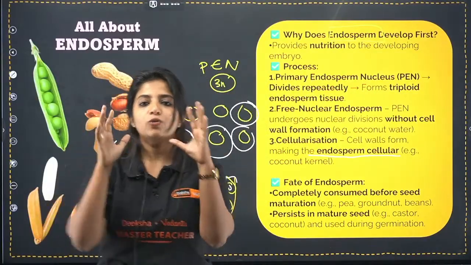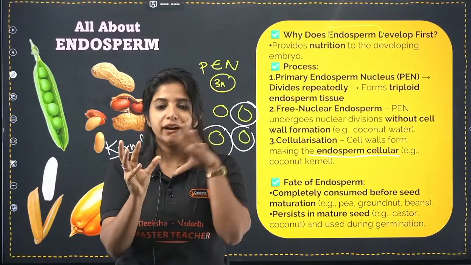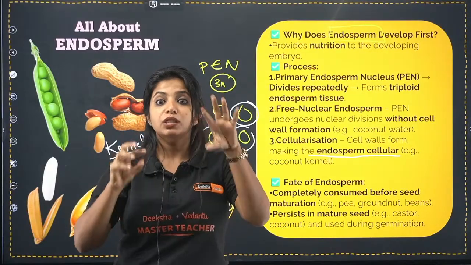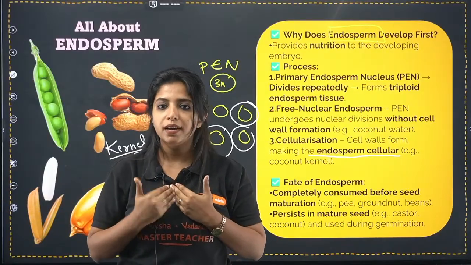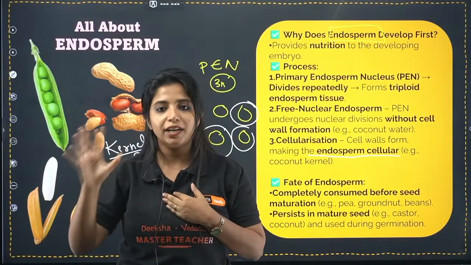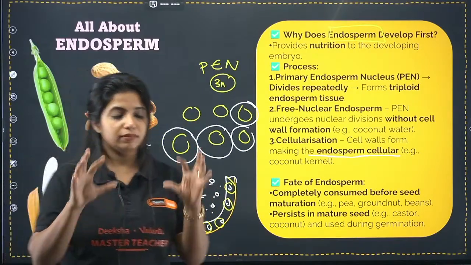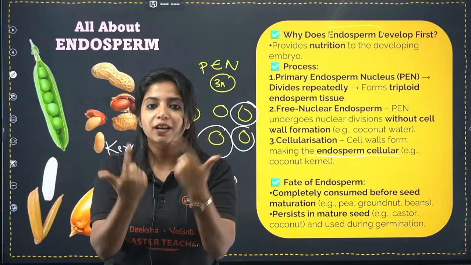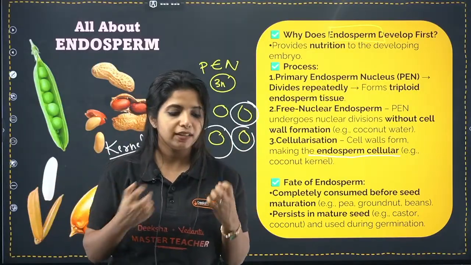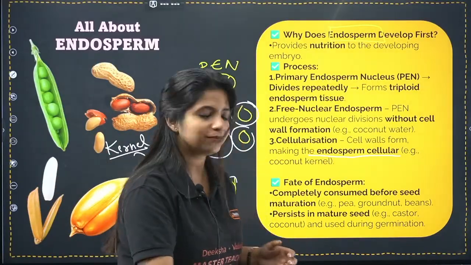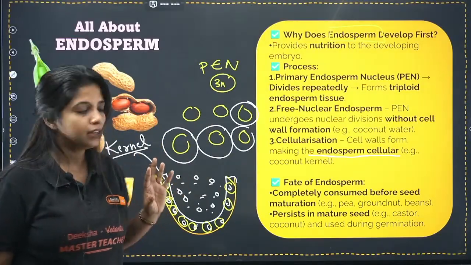Always remember, you had a primary endosperm nucleus. So there are two nuclei out there in the primary endosperm cell. What happened to this nucleus? It kept on dividing, but it was not covered by cell wall. So we call this free nuclear endosperm, and you find it in coconut water. Now there are certain nuclei which are covered by cell wall, which you call the cellularized form of endosperm, which is something that you eat sometimes.